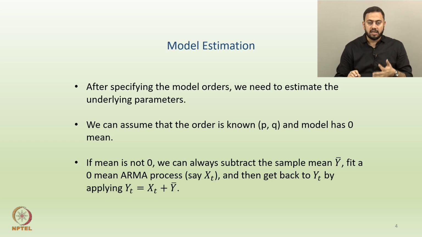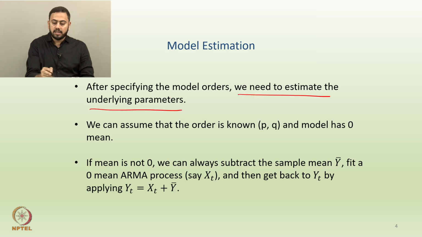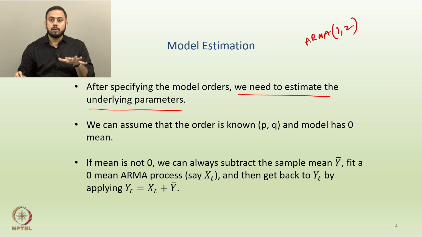Using some information criteria and so on, right. So, once you specify the model orders, we need to estimate the underlying parameters, isn't it. So, let us say from using some information criteria, you obtained the best order to be, let us say, ARMA(1,2). Once you know that the ARMA(1,2) model is the best in that scenario, then if you remember that equation of ARMA(1,2), you have certain parameters in that underlying model, right. Now, the idea is how do you estimate the underlying parameters, okay.